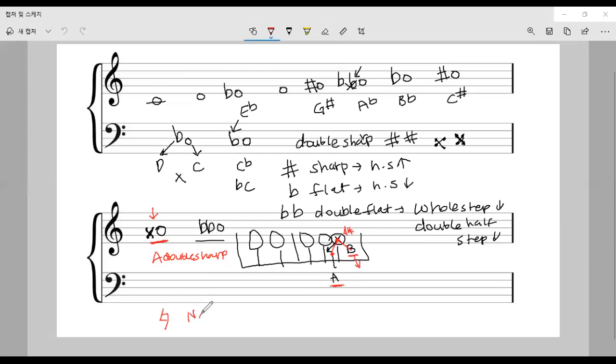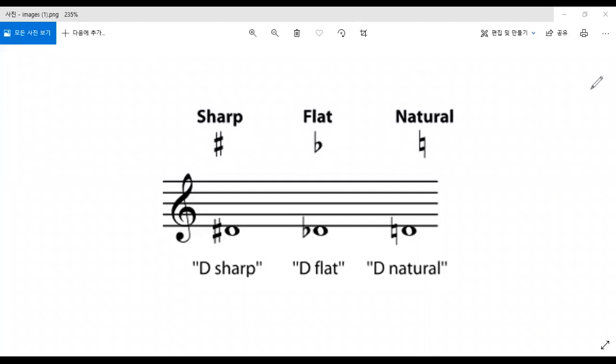Okay? All right, and then one more accidental like this. This is the natural sign. That means you cancel all the accidentals. So for example, let me open another file, just a second. Okay, so you see